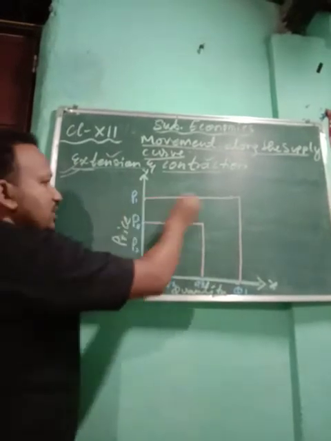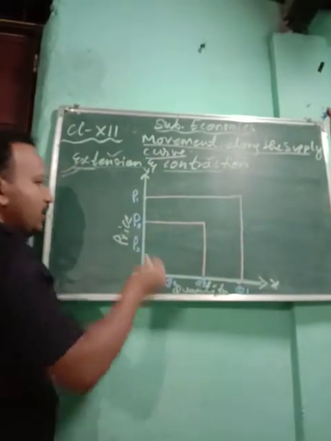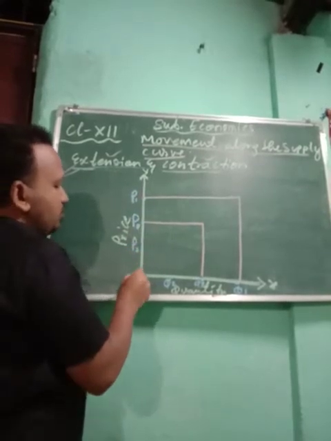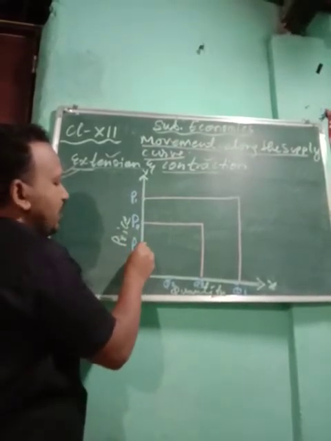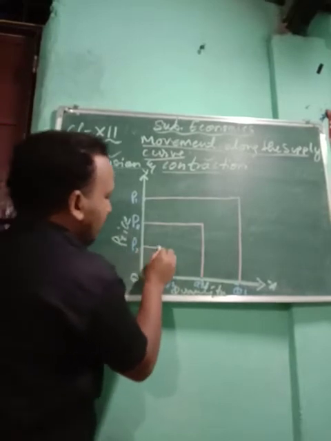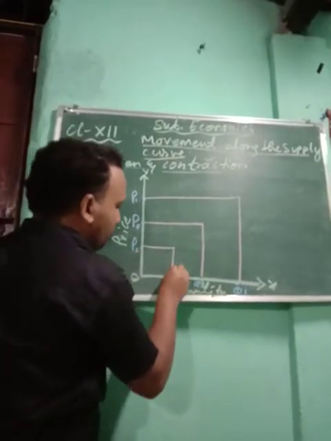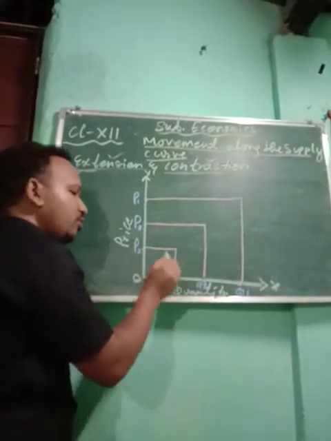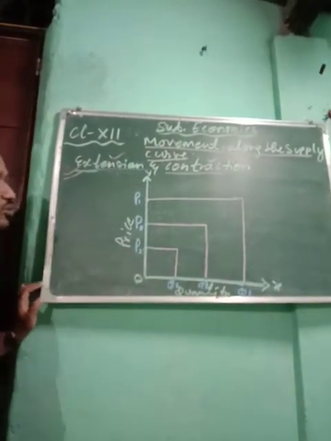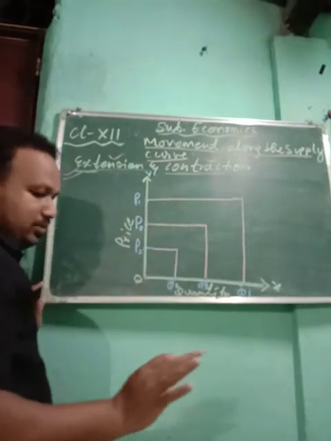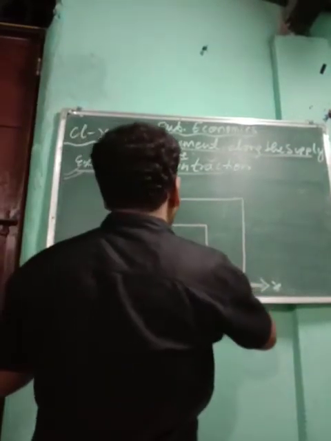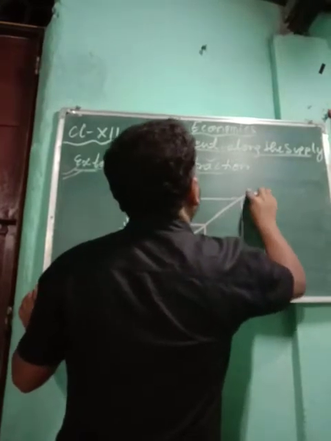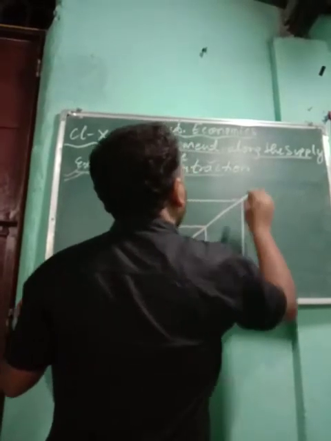So when price was high, supply also became high. Now suddenly there is a fall in price. From P1 the price came directly to P2. At P2 the price is low. That means your supply also tends to fall. When price is low, your supply will also get reduced. So you see your diagram is ready. Now you will join the curve. We will write S as the supply curve.